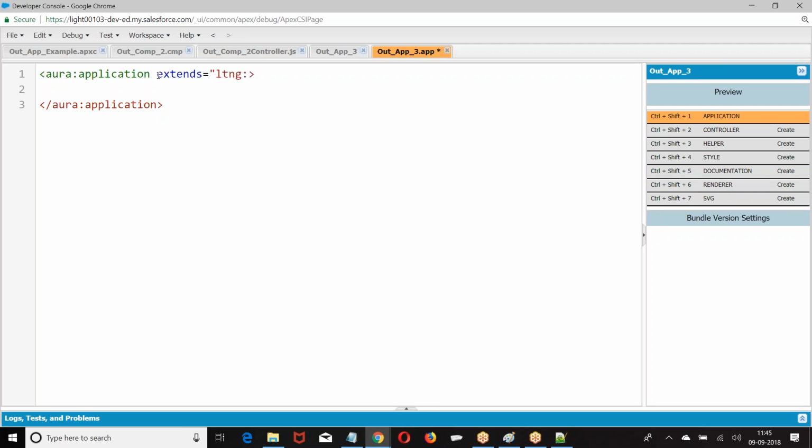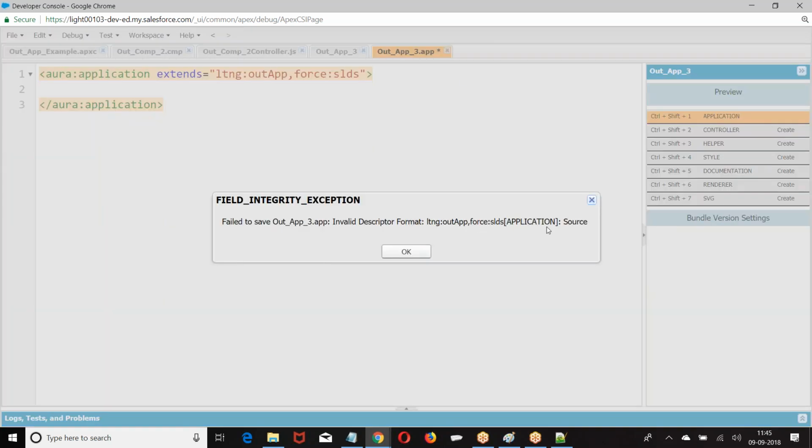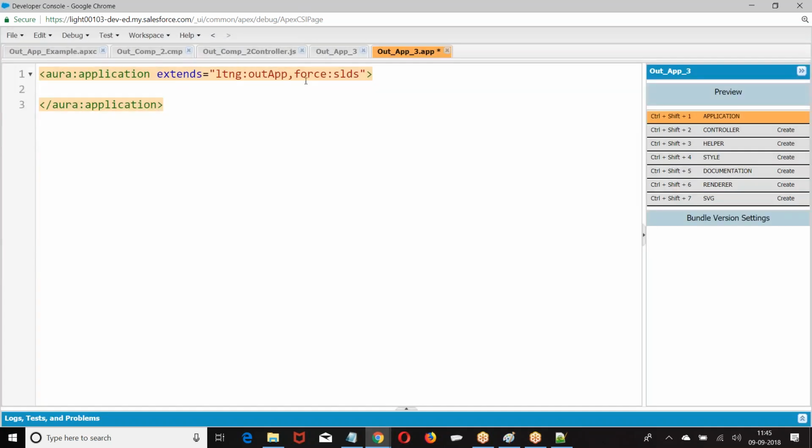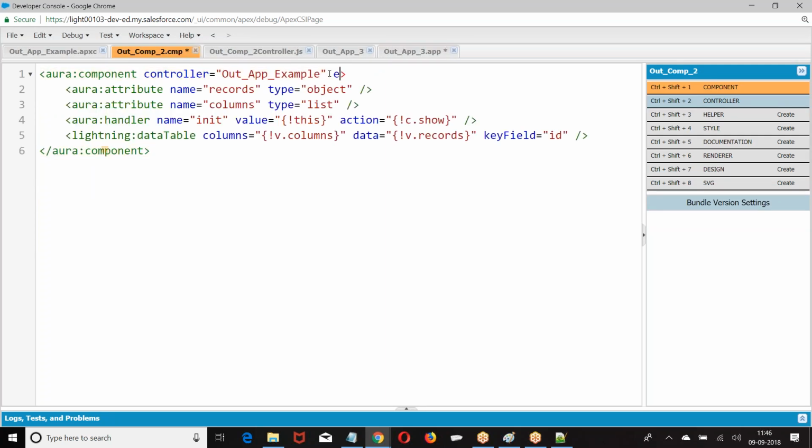Lightning was that out app. Now can I give both the things here? Force, field to save invalid descriptor format writing out app for the LDS. Why this? Can I give extends?